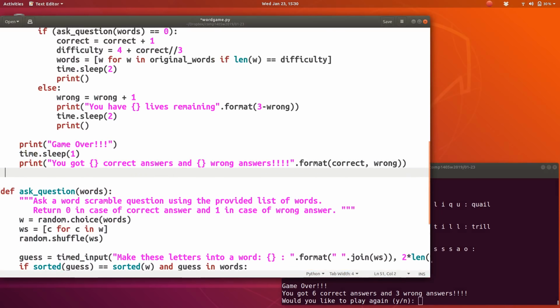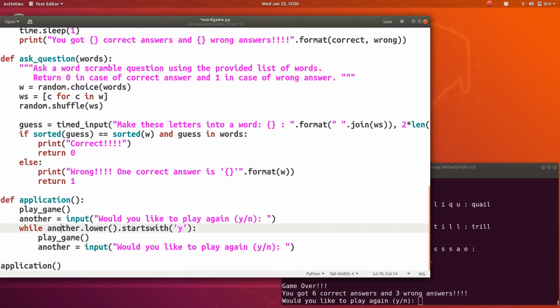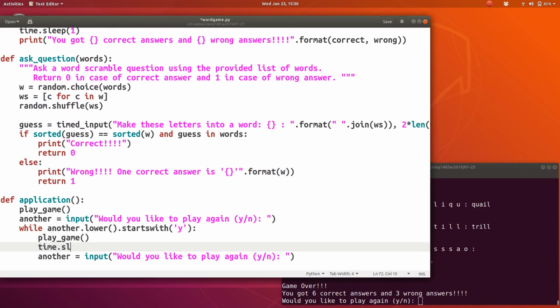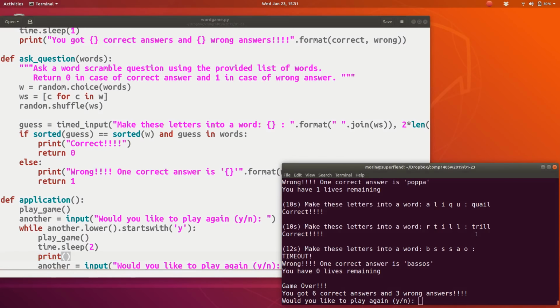and back here in our location. Before we ask them if they want to play another game, maybe we should give them a couple of seconds to absorb the outcome from the previous game. Okay. So